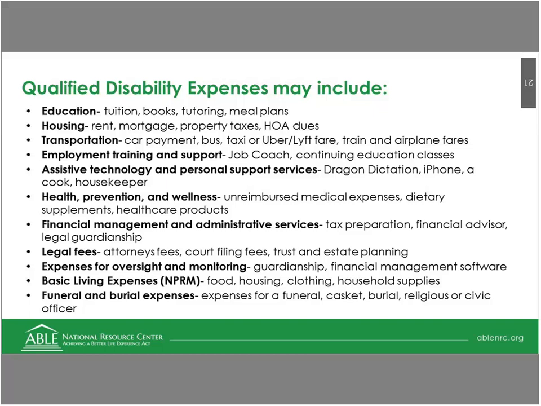And it even includes basic living expenses, which are defined by Social Security as things like food, housing, clothing, household supplies. It also covers funeral and burial expenses. Often people wonder why that is in there. Well, under Social Security rules and different rules related to being eligible for these programs, funds put away for that can be taken into consideration as assets and can boot people off of certain benefits that they need. So again, this is not an exhaustive list, but this is a list.